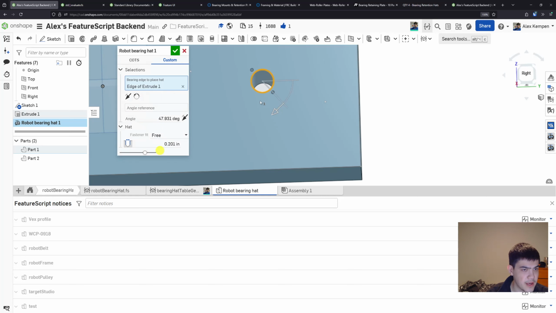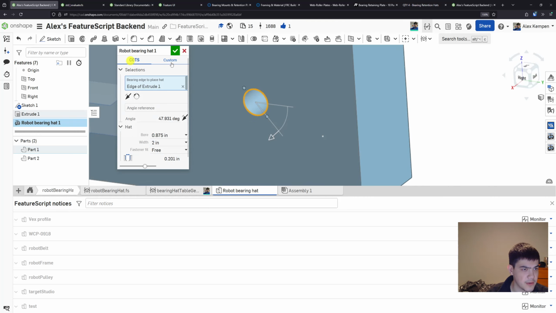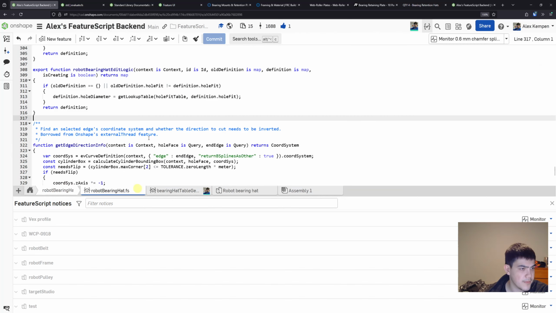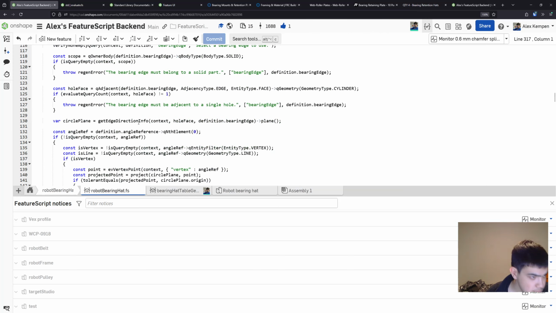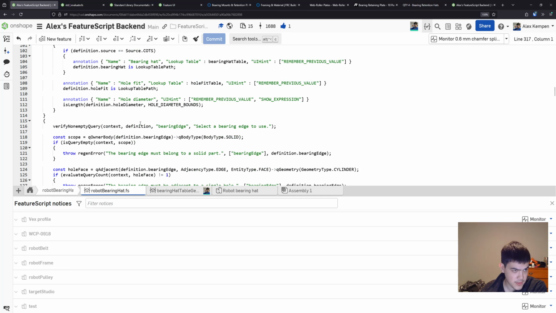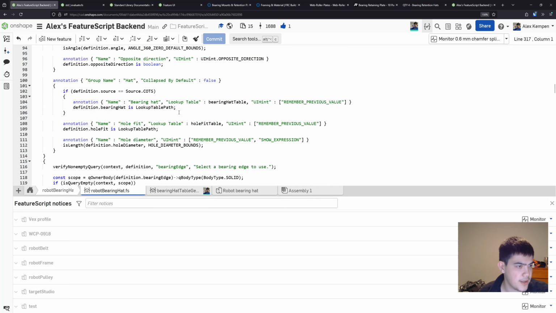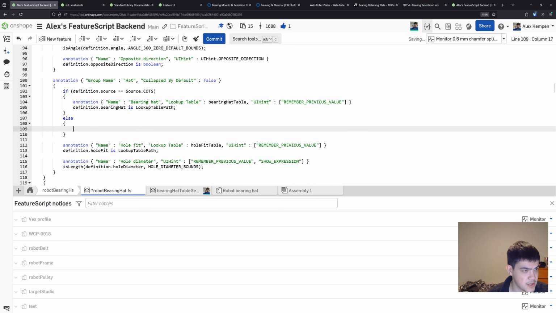So this still works. So we're happy about that, right? And it still works regardless of whether you have COTS or custom selected. So when you have COTS, you just don't have the bore width now. Cool. Okay, so that's good. So now then, what I want, or what I was thinking for selection, right, is I